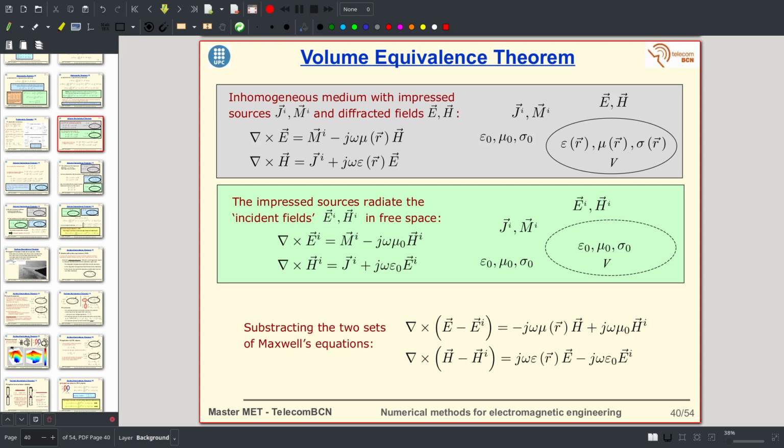Remember that at the end of chapter 1, we obtained the equations of the fields produced by electric currents, and by duality you know how to compute them for magnetic currents. But remember that the condition was that the space was homogeneous, and we assume free space with the electric constant epsilon 0 and magnetic constant mu 0, but it can be any medium with any epsilon and mu, assuming that it is constant. And it must be so, homogeneous space, because we use the convolution with Green's function, the impulse response,